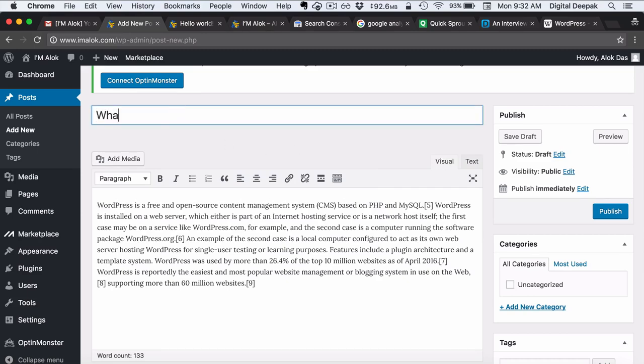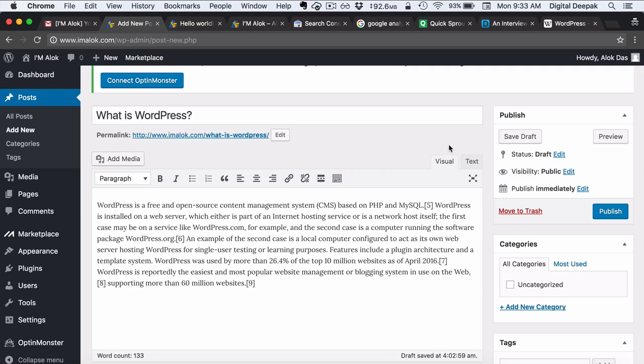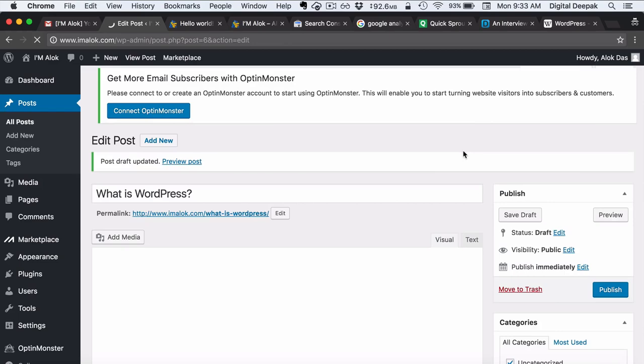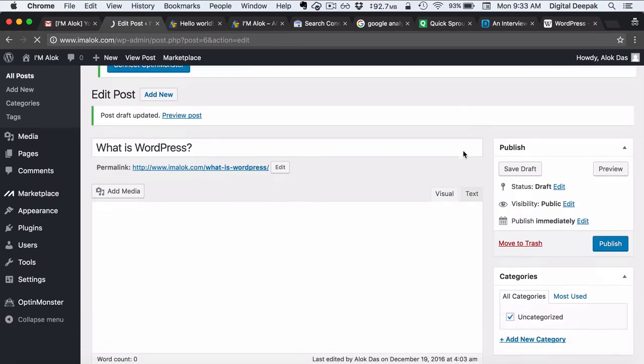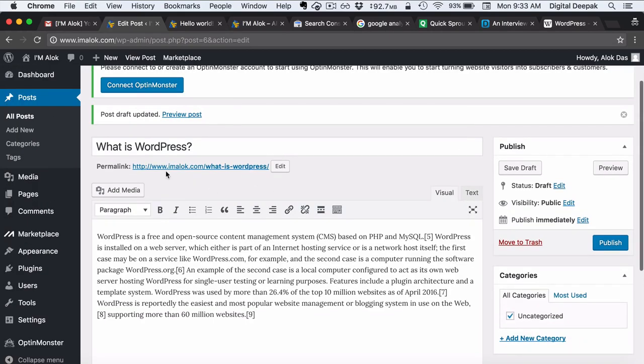So I will just give the title as what is WordPress. And now before publishing, you can save the draft. If you are writing an article which is not completed, you can just save the draft. Here you can see that the permalink is just what is WordPress, same as the title of the post, which you can manually edit as well. So you can just put it as WordPress if you want,